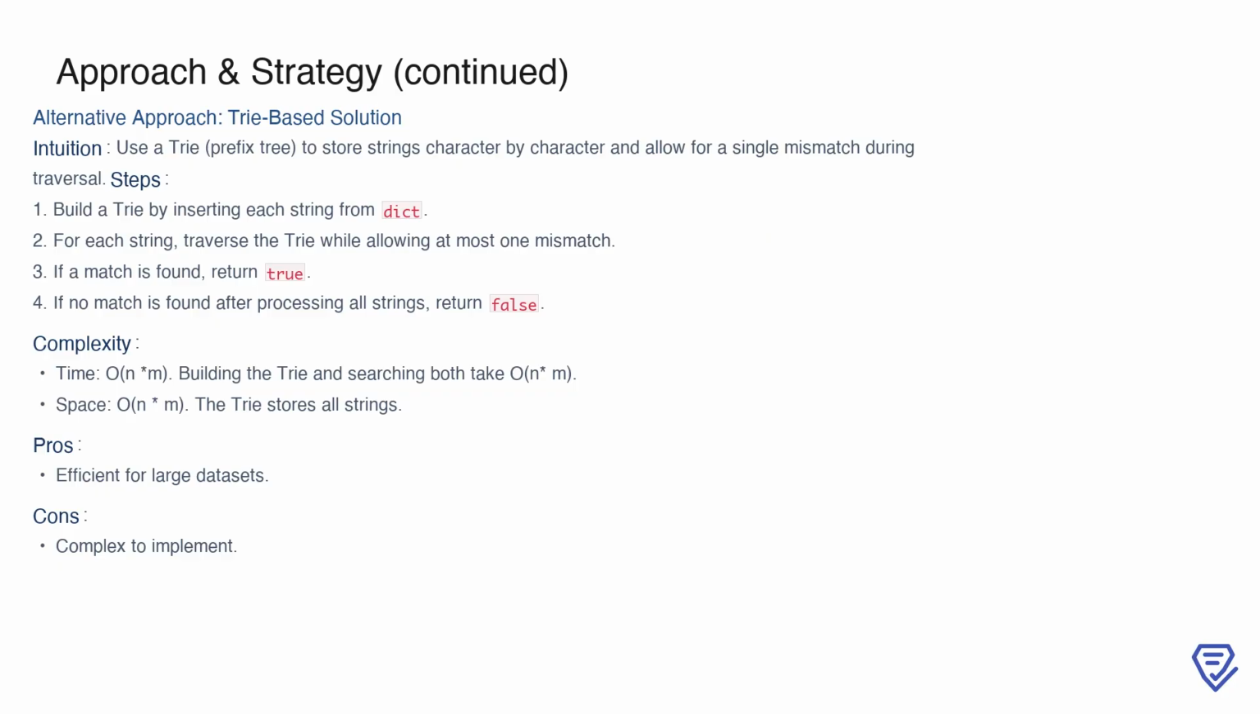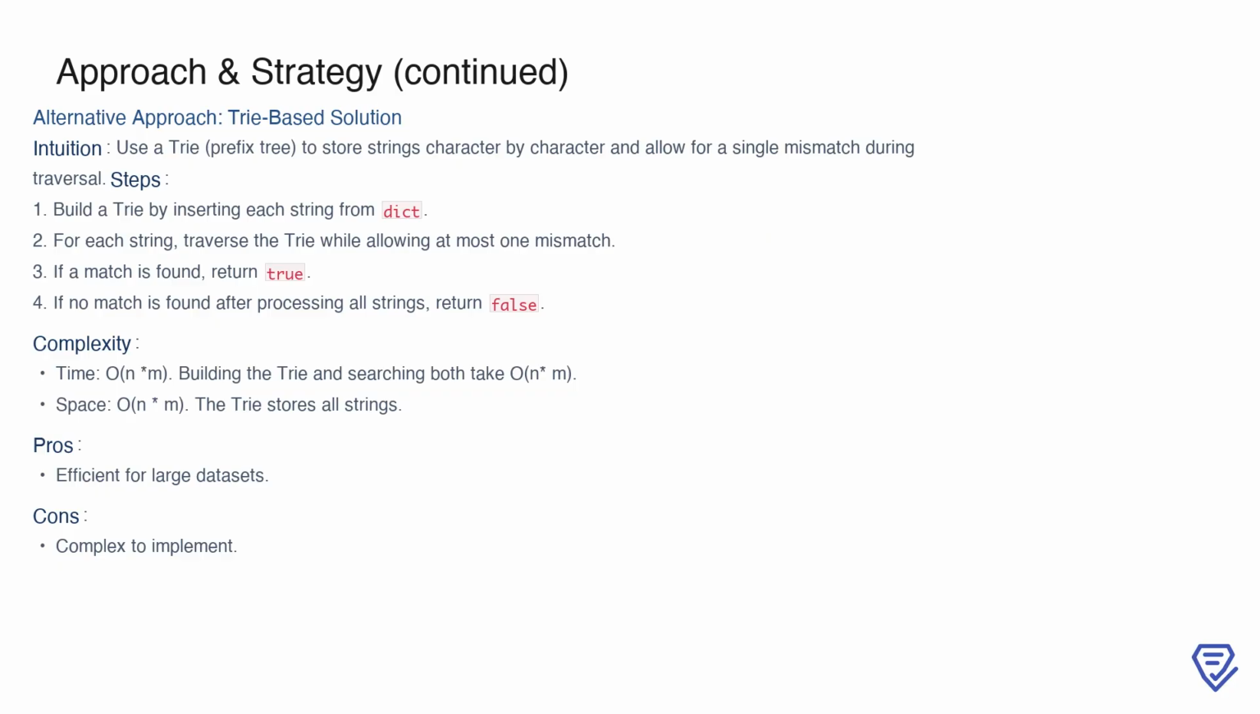This approach is efficient, with a time complexity of n*m, since both building the tree and searching through it involve processing each character of each string. The space complexity is also n*m, as the tree stores all strings. However, the main drawback of this method is its complexity in implementation. Handling mismatches correctly within the tree traversal adds a layer of difficulty, making it less intuitive and harder to debug